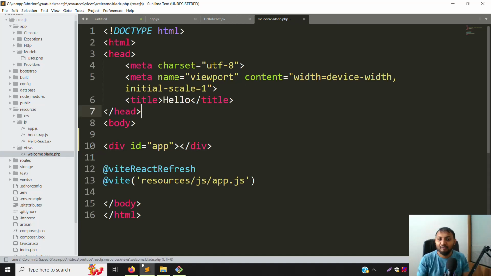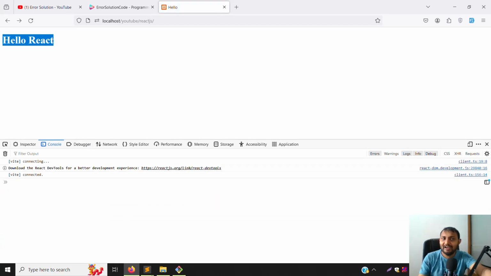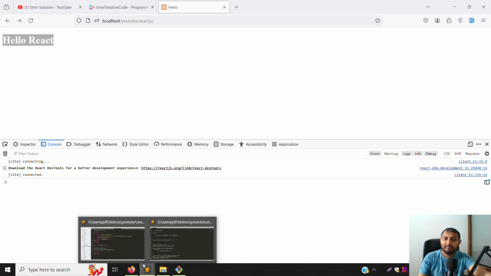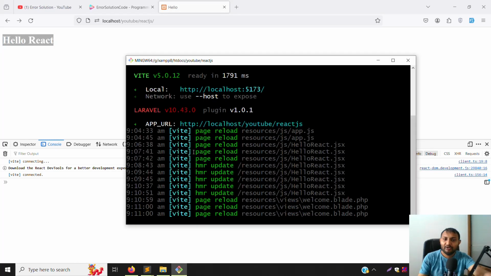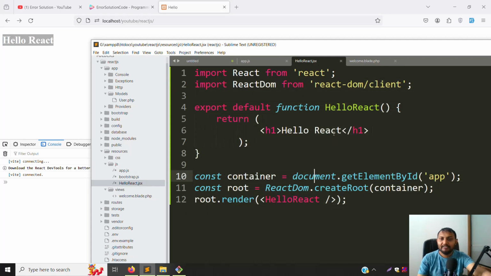Just I save now and I just go back, and here is the page refreshing. You can see it like hello react. So meaning React.js code is working very well, no issue now. Suppose I am going back again to terminal, so you can see it. Suppose I am going back again to our coding part, and I can put here hello React, and I can change directly